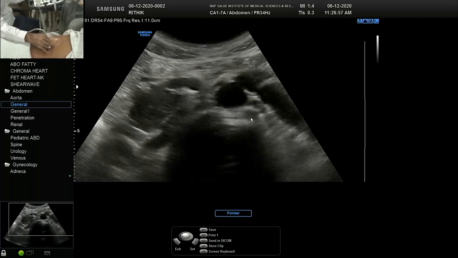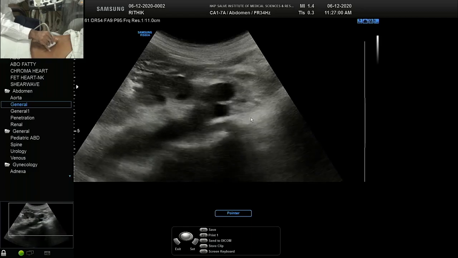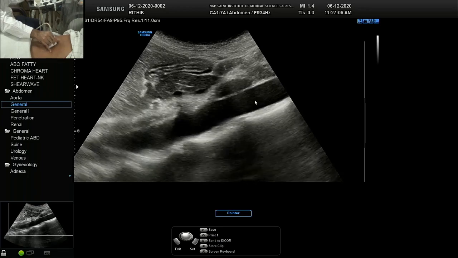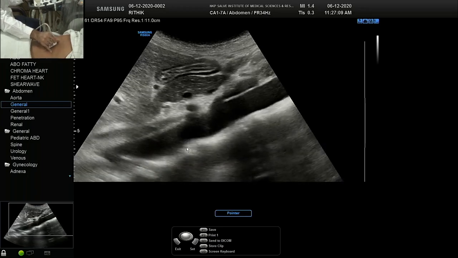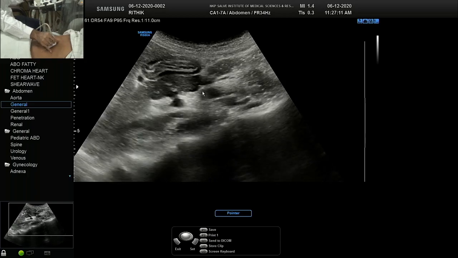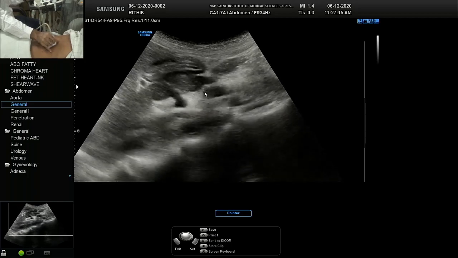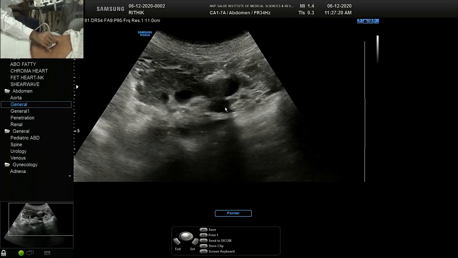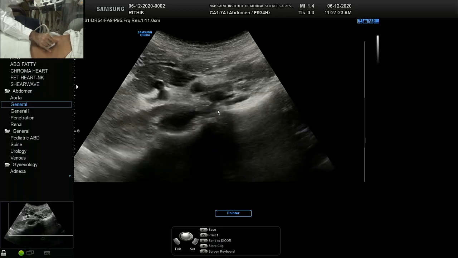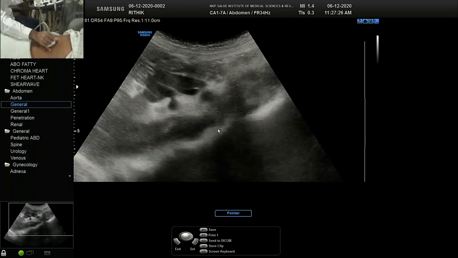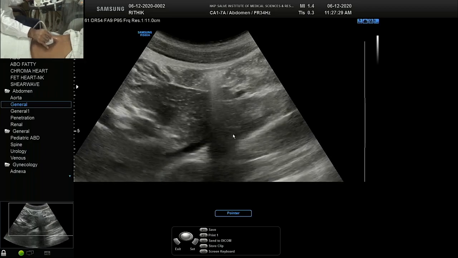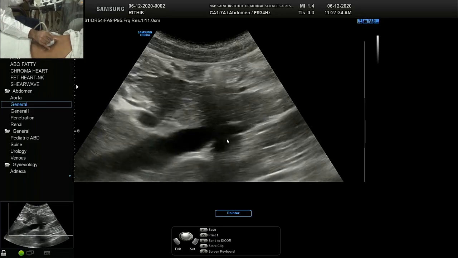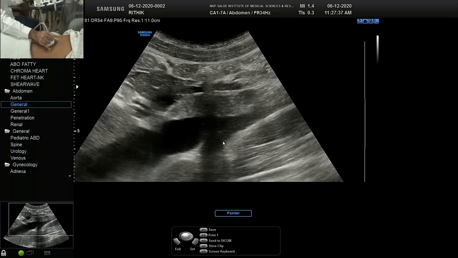So we come back here, make a long section of the aorta. In the long section you can see this, that's the aorta, quite clean. He is a young patient, so you don't expect any disease here. That is the celiac trunk, that is the SMA, and then the renal arteries may be seen end on here on both sides. He is a thin patient, so you can make out, otherwise you don't see them. So as I have said, this is the IVC, and behind the IVC you can see the renal artery, that is posterior.